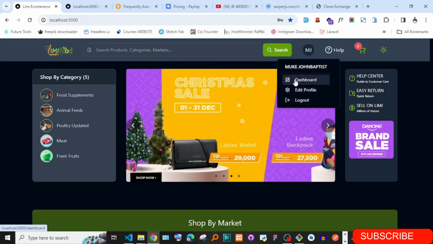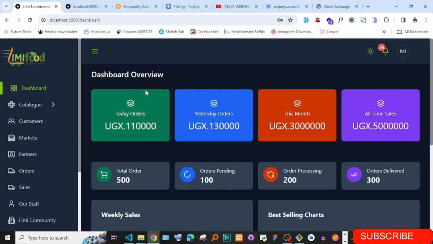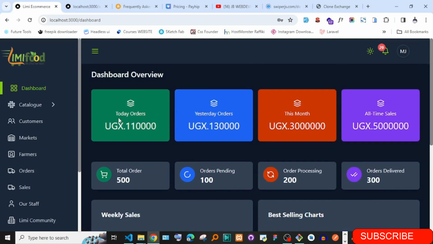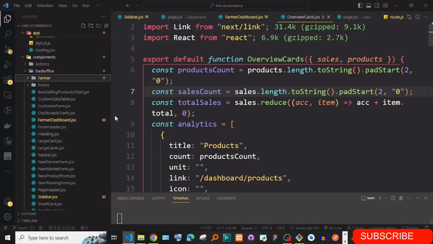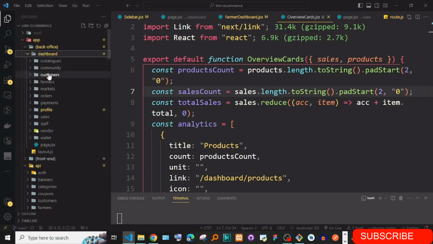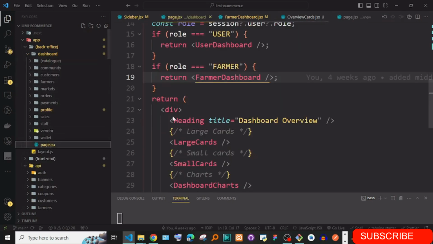Okay, so let's just try to access the dashboard. Okay, so as you can see, we have these things here. We can start putting some things in here. For instance, we have the orders, we have these figures. So I'm just going to first go to the admin dashboard. So when you just go back to the back office, so you have on this page,